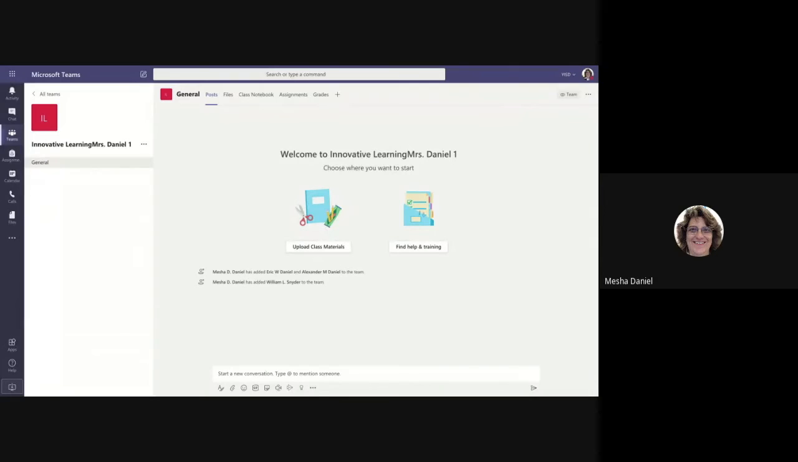Okay, so down here at the bottom, this is how we chat with people within our team. We can add documents, we can add emojis, GIFs, etc. But the one we're going to focus on is right here, this little video camera, because when I click on it,